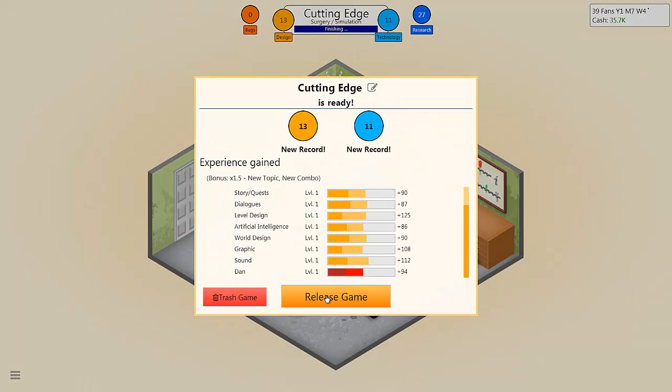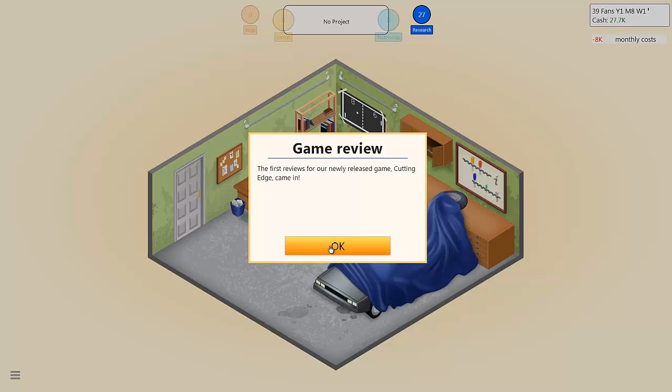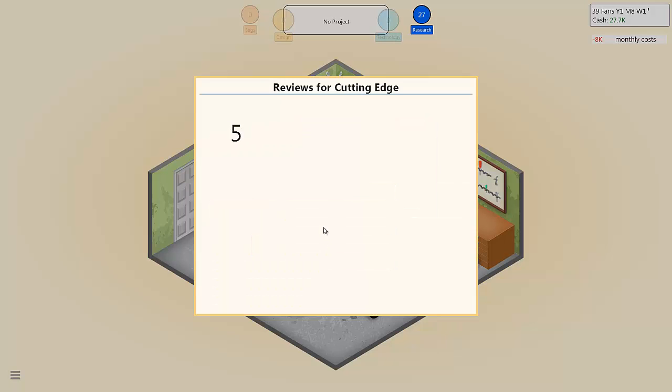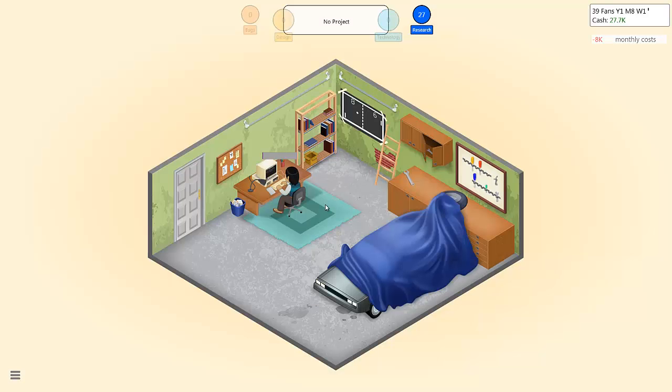Good experience as well. Release the game, and then let me generate the game report. Let's see how well this does. Oh, it's looking really good. 7, really good. Star Games, nice. Give me something higher. 7, enjoyable. All right, something higher. 8, 7, simulation, lucky 7s. It's gonna be lucky 7s. Wow, all games. First time yet you are in compliance with everyone. Let's close that. Let's get our